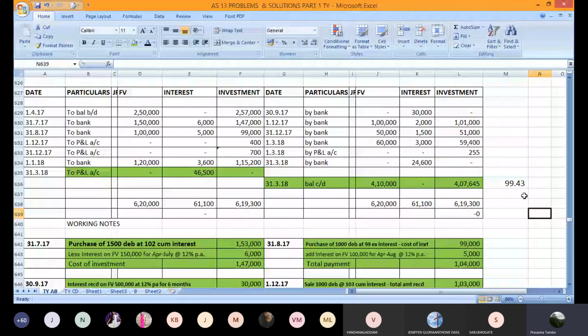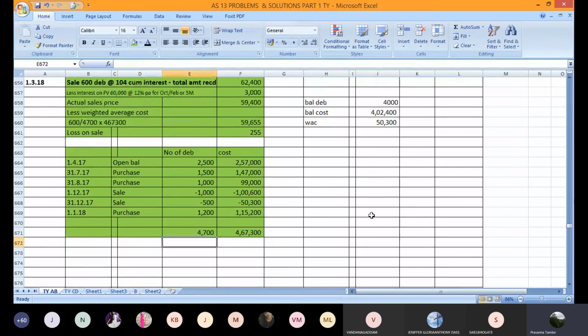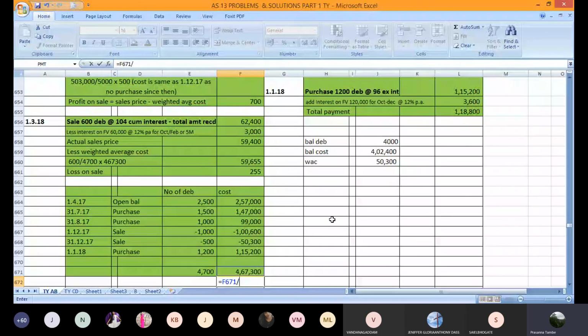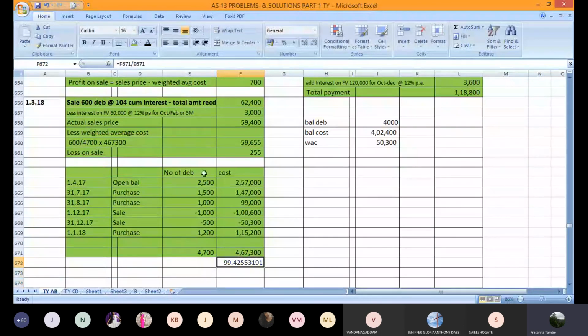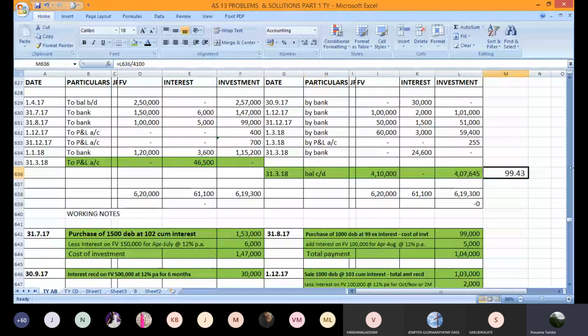आपका जो लास्ट वर्किंग नोट है ना सेल का, इसके बाद कुछ परचेस नहीं है. This was the last sale. If you calculate what was your weighted average cost here, it should come to the same thing. ये आपका कॉस्ट था और ये आपके नंबर ऑफ डिबेंचर्स थे 99.43. यहाँ पे भी आपका वेटेड एवरेज कॉस्ट 99.43 आ रहा है. That indicates that your accounting is correct. Okay. So this is how you can even cross check the details.